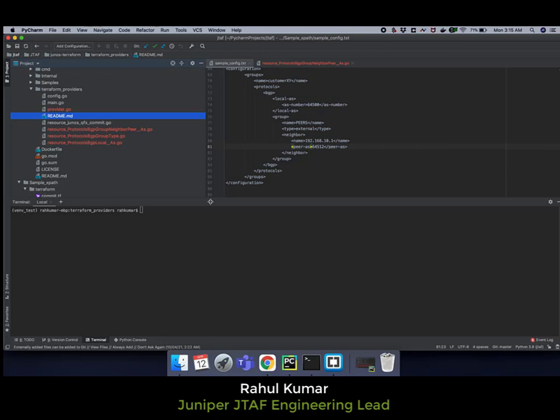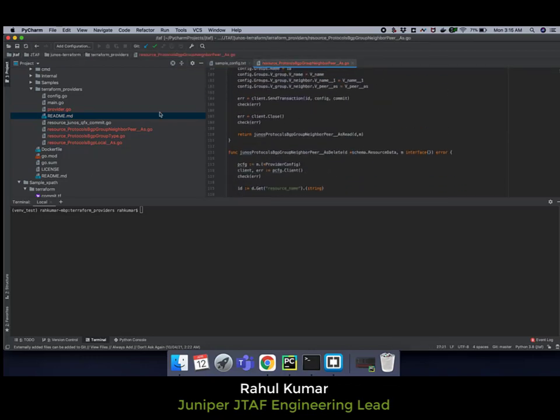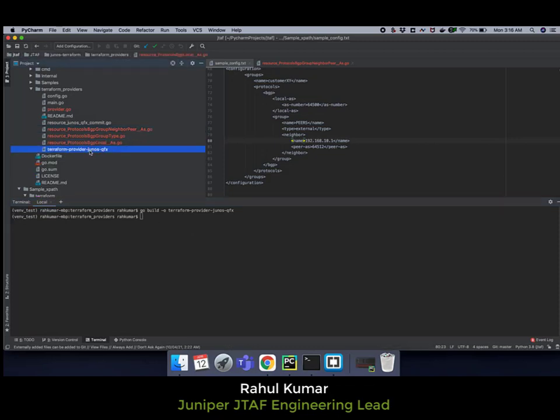In the previous example, we had generated Terraform modules for this configuration. These were the files that were generated. We had three different Terraform APIs generated for this configuration, so we will see the implementation for the same. First, we will generate a binary. We will compile all the generated modules together. So the binary is generated.